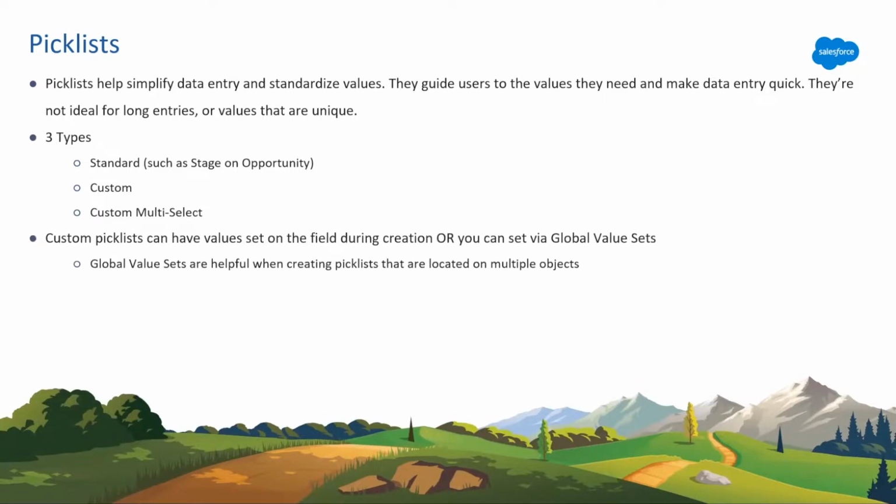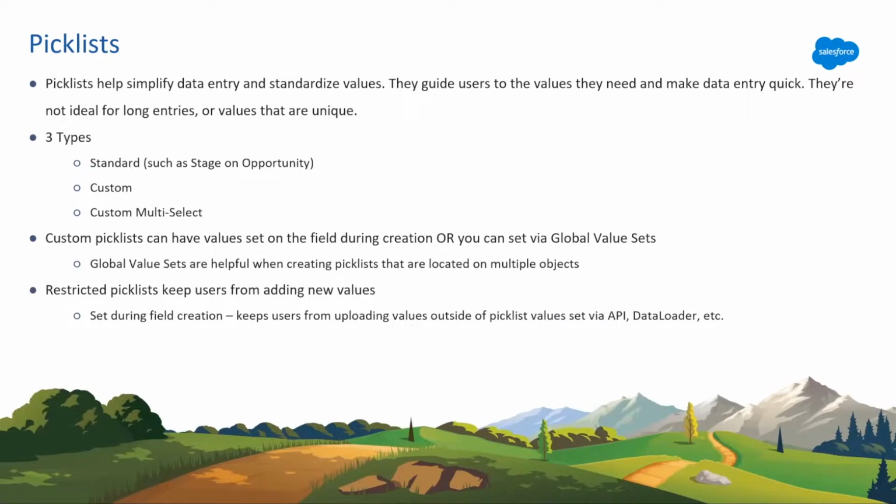Okay. For custom pick lists, you can enter various values, copy and paste them from Excel or just type them in, or you can use a global value set. Global value sets you create from the setup menu. It's not tied to a singular object, but it's really helpful when you're creating pick lists that might span multiple objects. So if you have a pick list on a lead, on an account, potentially on a contact, and you want the same values, use a global value set so that all of the options are the same across all objects. And if you have additional values, you just add it to one value set versus having to set it on all the different objects.